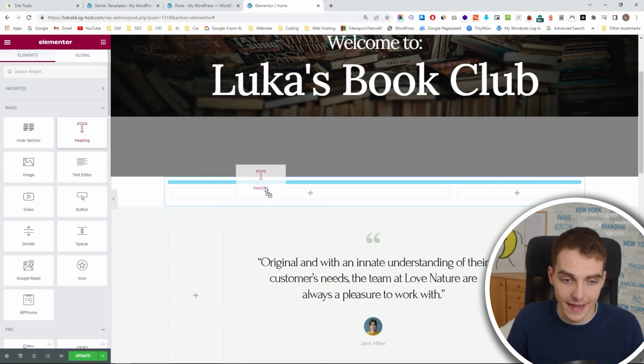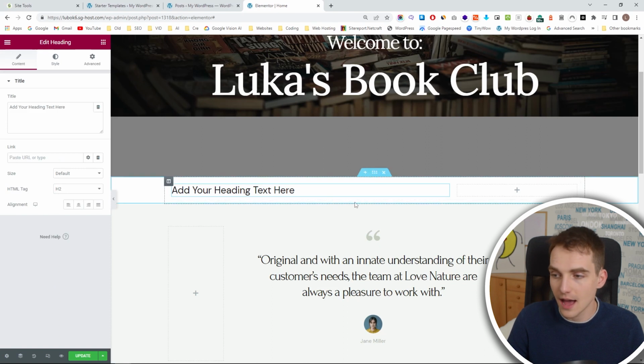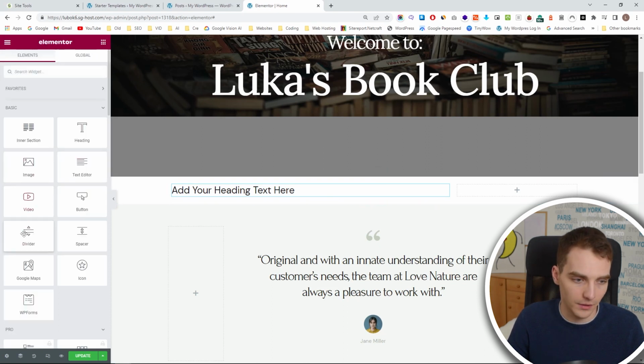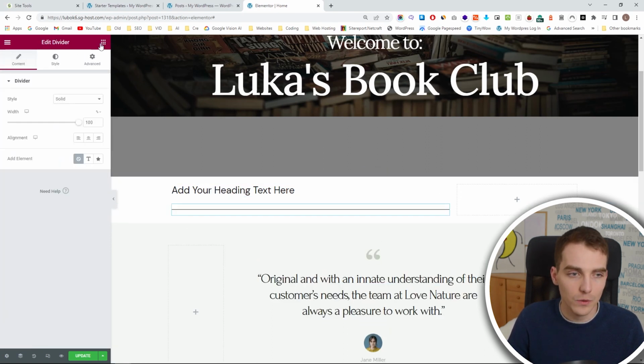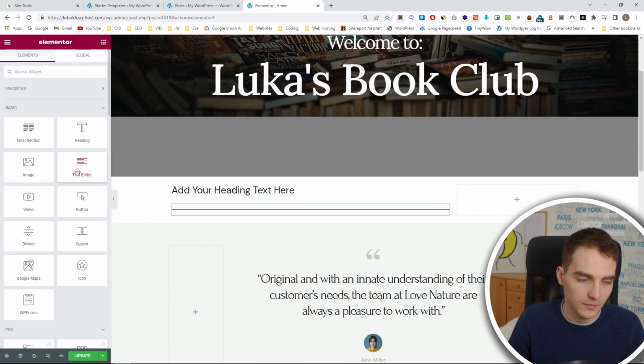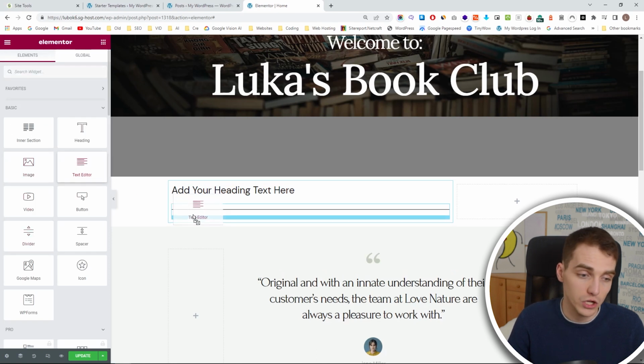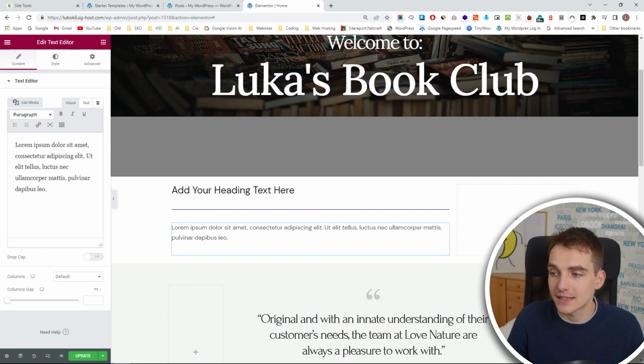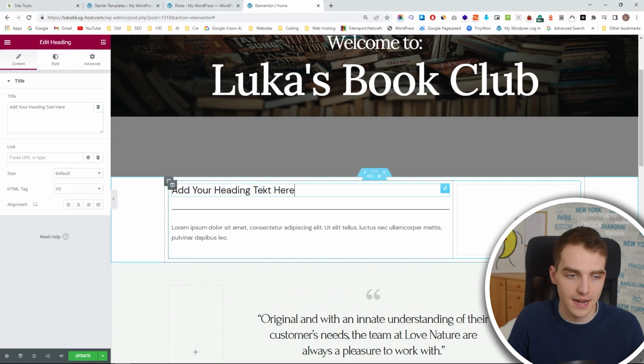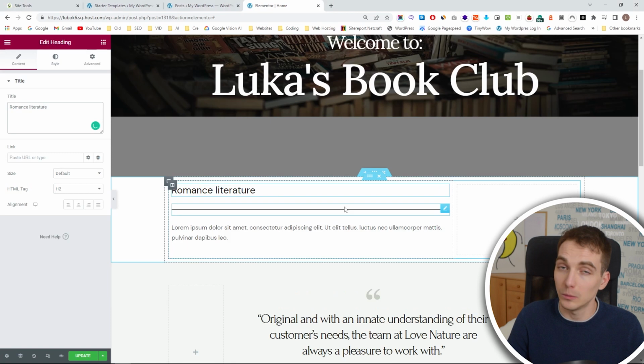Okay, so I want to add a heading. I want to add some divider, and I want to get some text editor, which is basic text, and start importing some stuff inside it. So this is going to be our place where we display our romance literature,